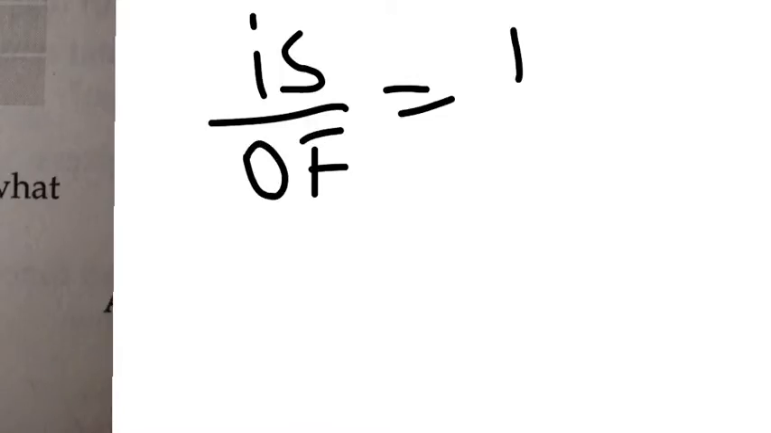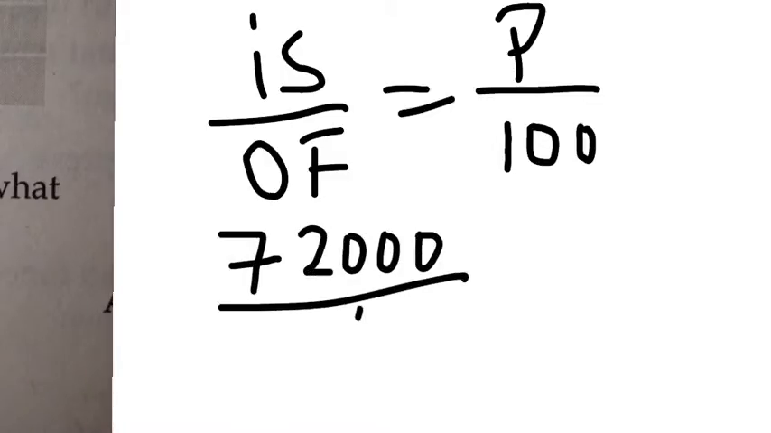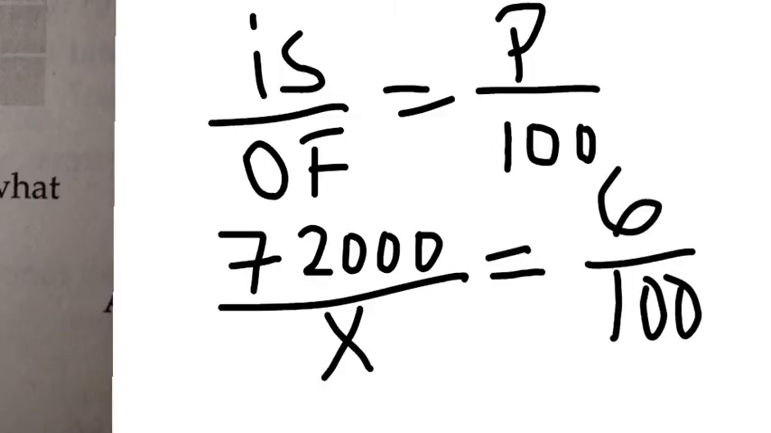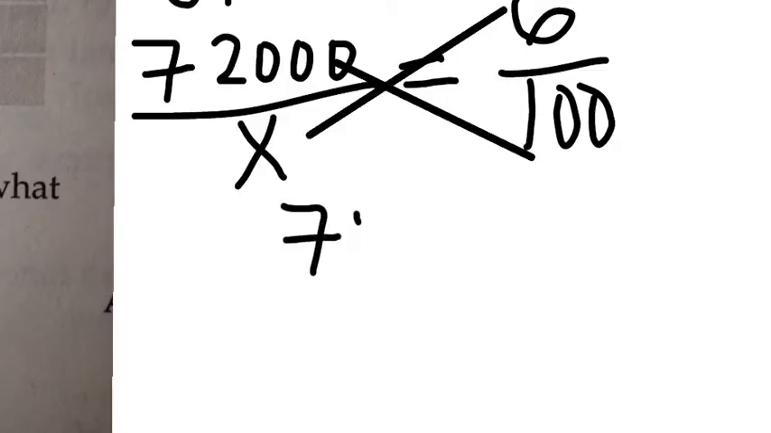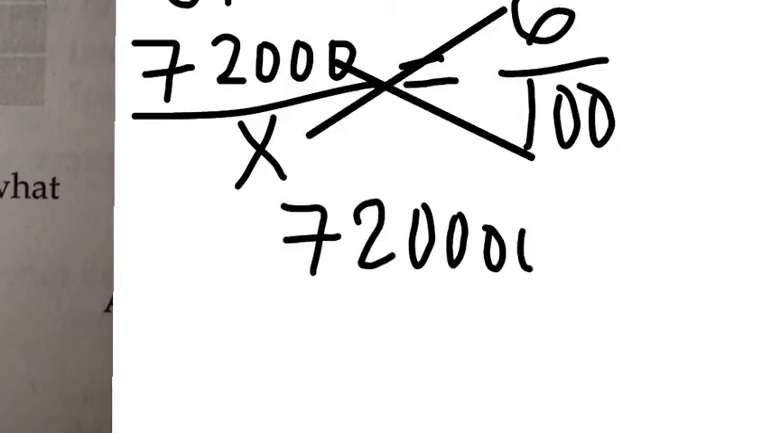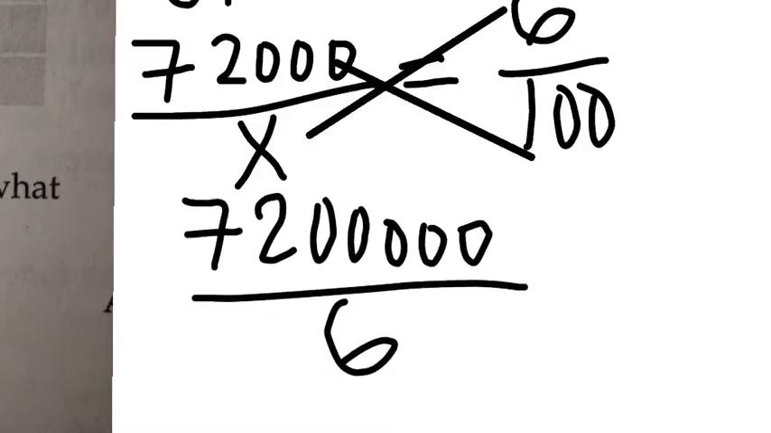So I go to my is over of. So is over of equals percent over 100. So again, we said the is $72,000 over x, because that's the base number, and 6 over 100, okay? So I'm going to cross multiply as always, and I'm going to do the same here. So when you multiply 72,000 by 100, you're going to just add 2 extra zeros, and when you divide by 6, you should come up with, let's see,